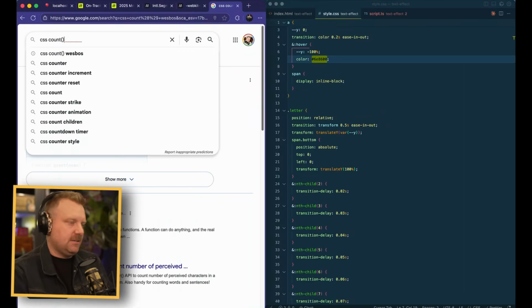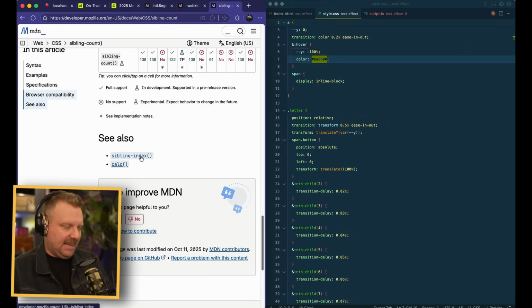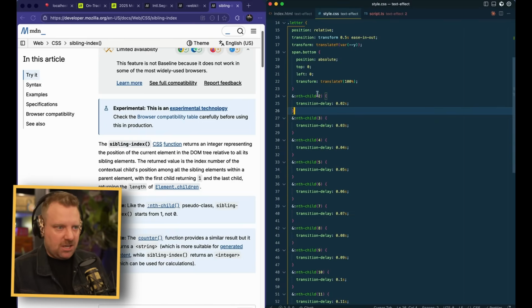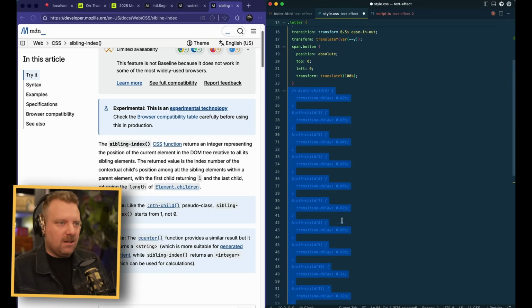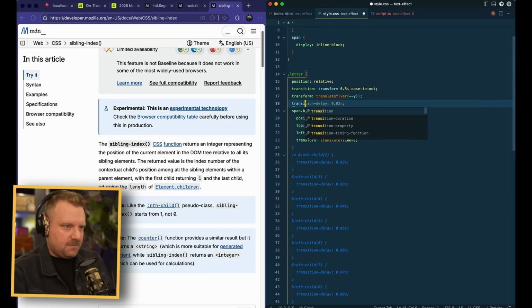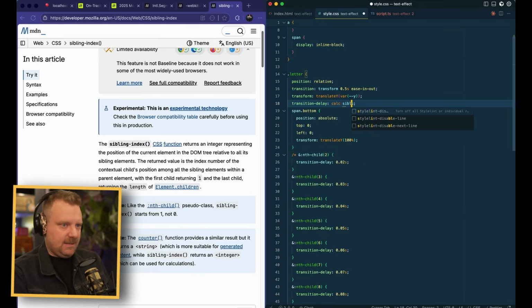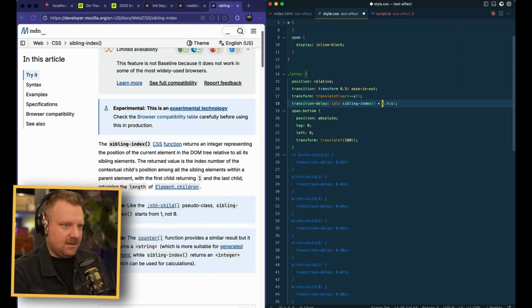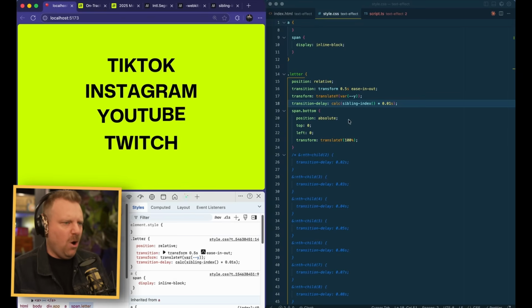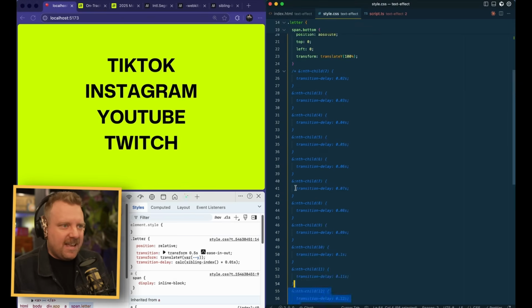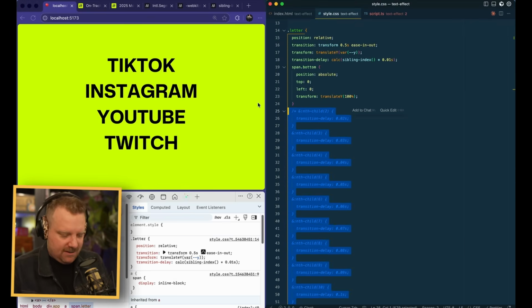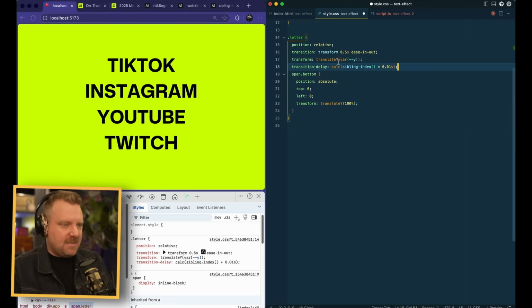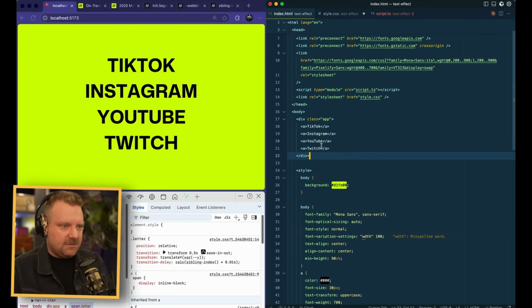CSS count. Oh, siblings. No, sibling-index. So if I change these, get rid of all of that, what we can do here is put a transition delay of calc sibling-index times 0.01 second. Is this gonna work? Ho ho! Get rid of all of this code. And now it doesn't matter how many elements are there, right? Like I could do a bazillion things here